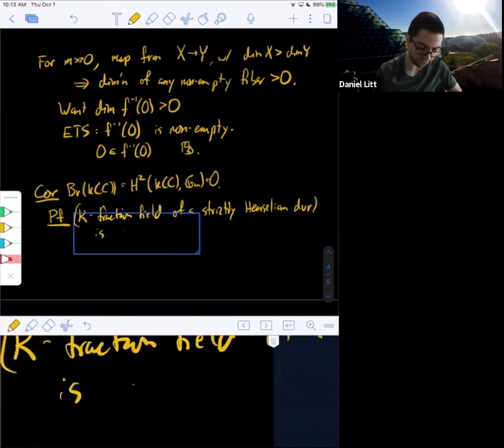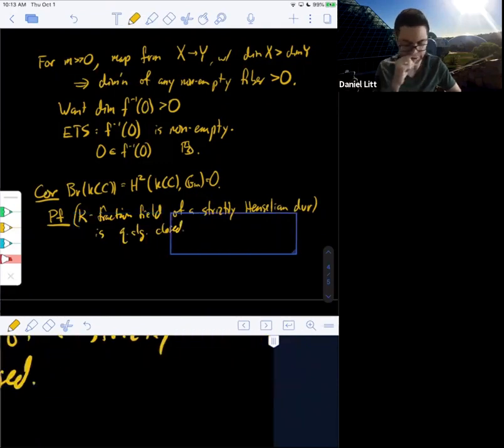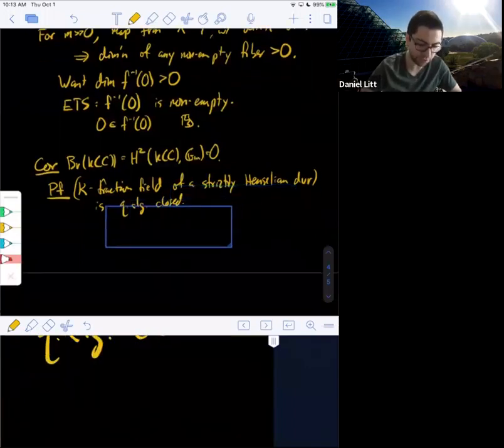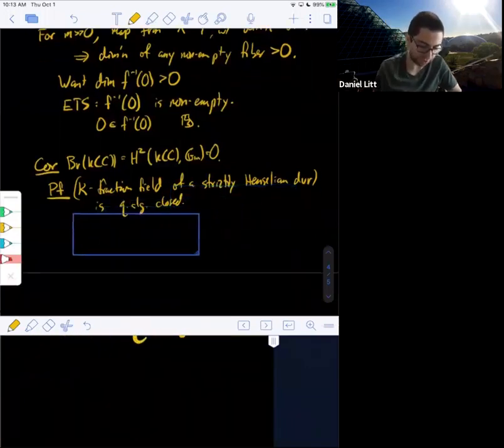And the claim is that this is also quasi-algebraically closed. So think, for example, the strict Henselization of the structure sheaf, the stalk of the structure sheaf of a curve over an algebraically closed field at a closed point. That's an example of a strictly Henselian DVR. Another example is if you take the Witt vectors of F_p bar. So this I'm not going to prove, but it's in Lang's thesis.